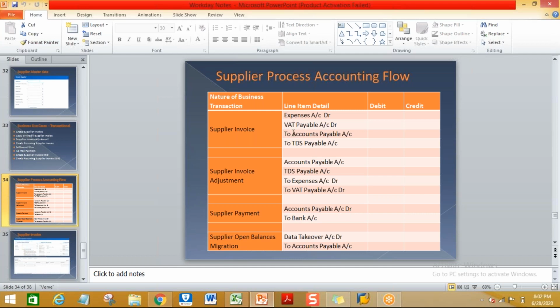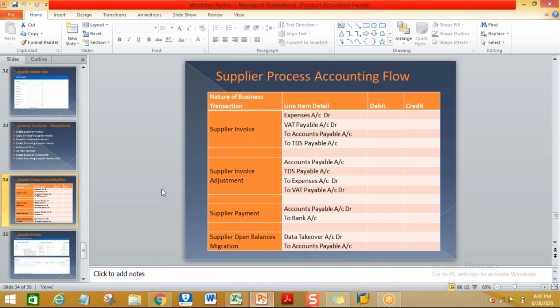So these are the generic accounting entries. The naming conventions for expense, VAT payable or accounts payable will vary from business to business. If they want to change it, they can change it. I have given the generic naming conventions here.